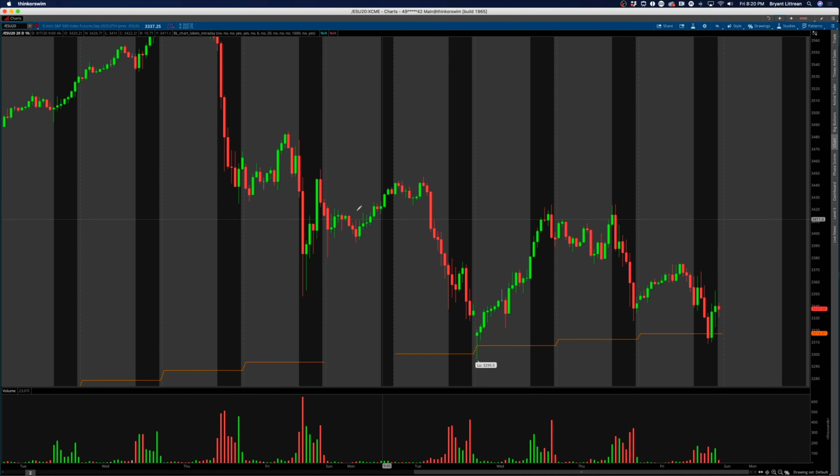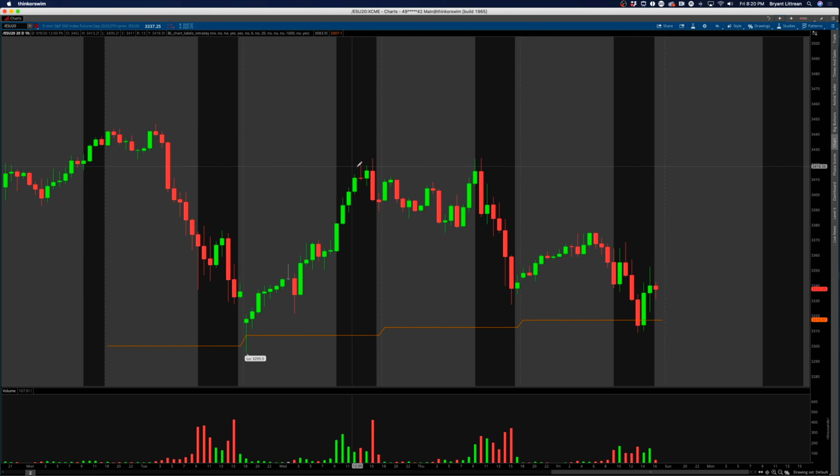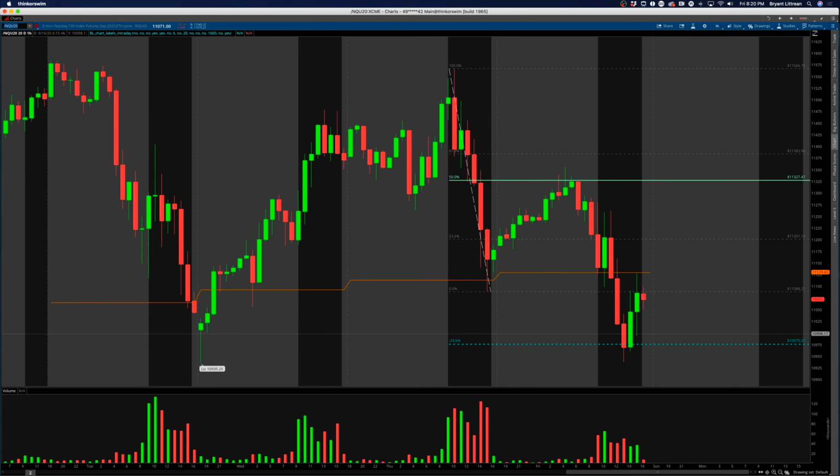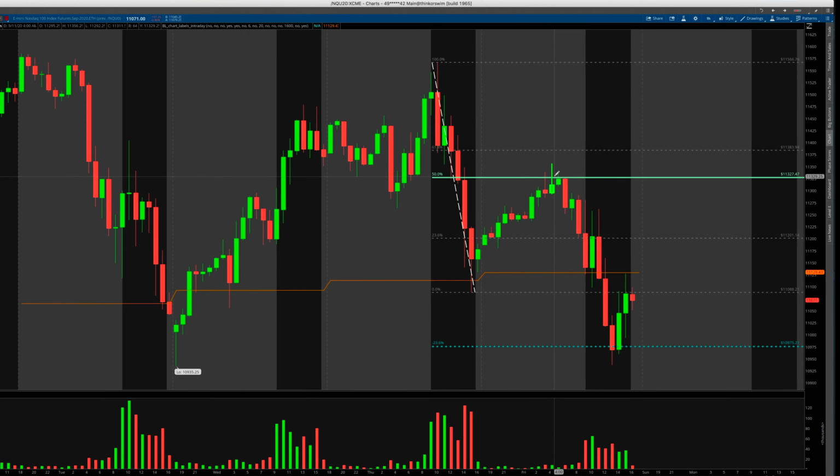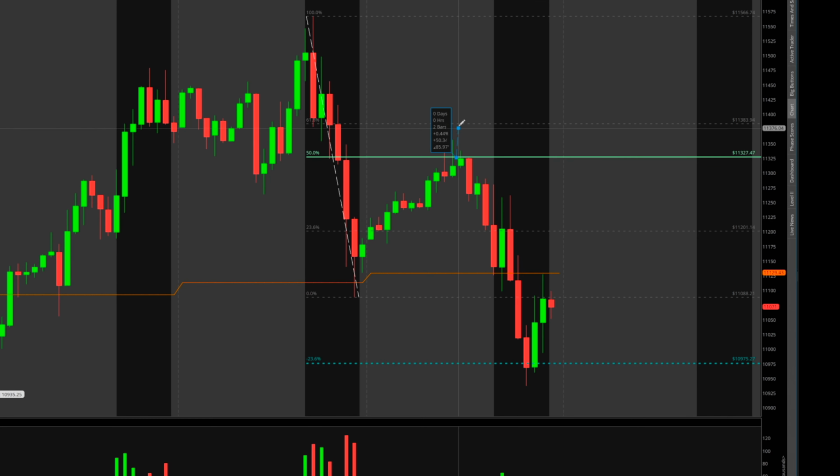Again, I didn't want to talk about last week's price action. I just wanted to focus on this chart, but this right here was a beautiful short. I'm talking about on the Nasdaq. I think this is over 100 points or something like that. Let's switch back to the Nasdaq real quick so we can see exactly how many points we're talking about with these trades. So from the full move with the 50% retracement stop over here,